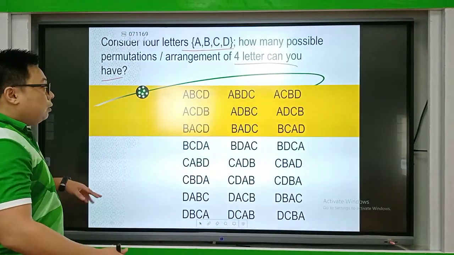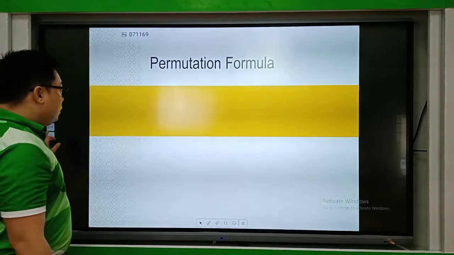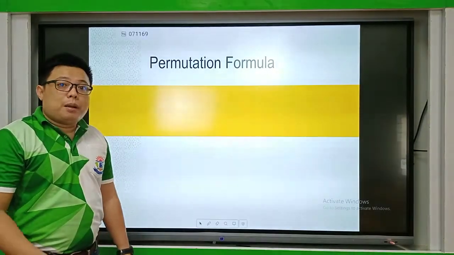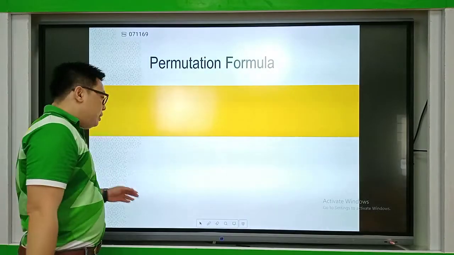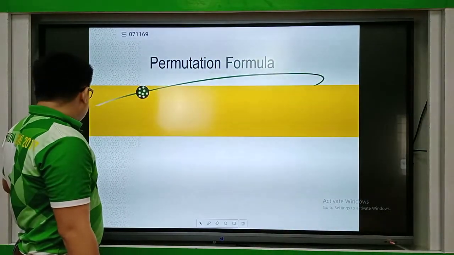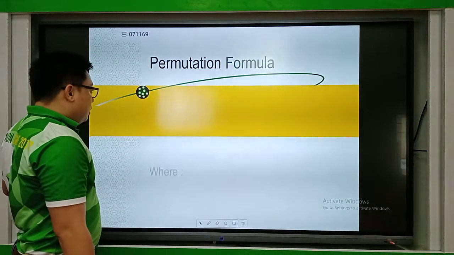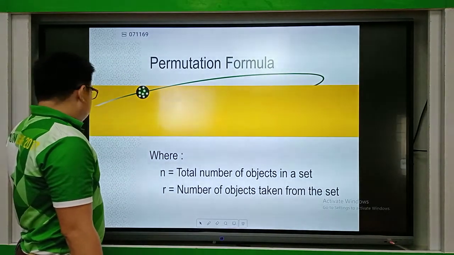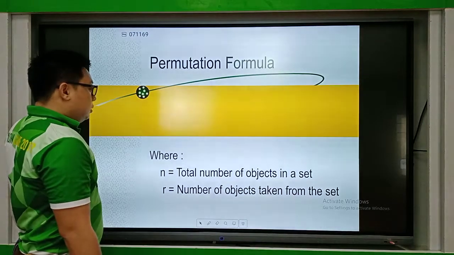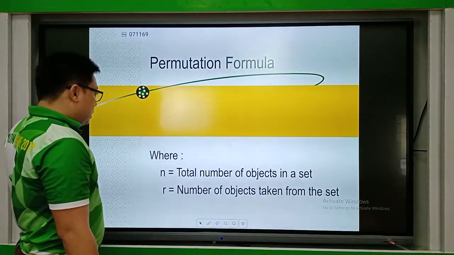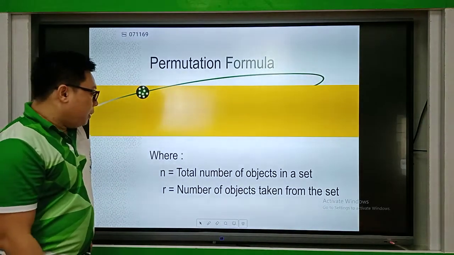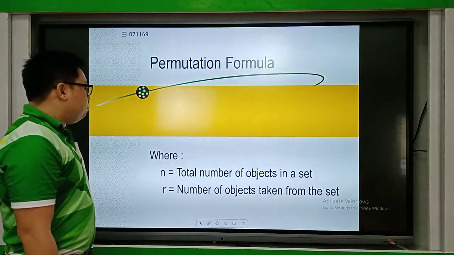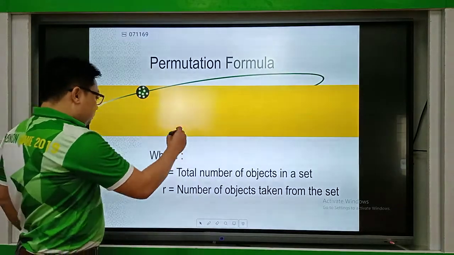Okay, so let's try to move on to the formula. How to find the possible number of permutations. Oops, I lost my formula. Where's that? Okay, so actually the formula for permutation is